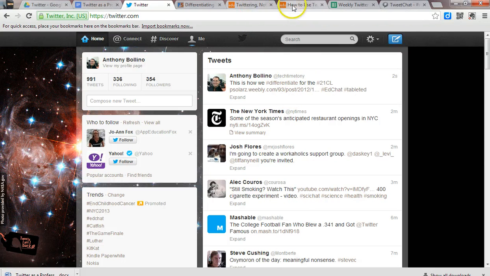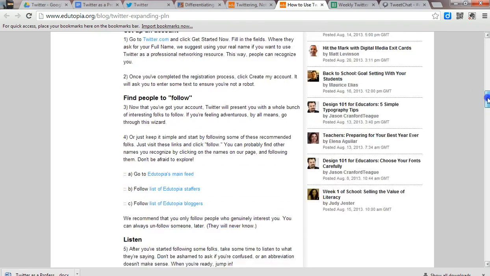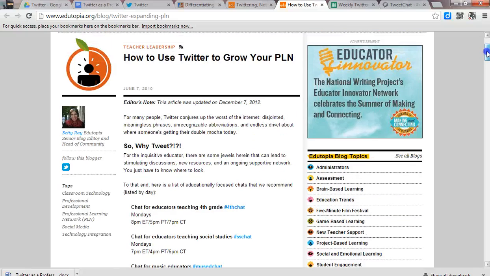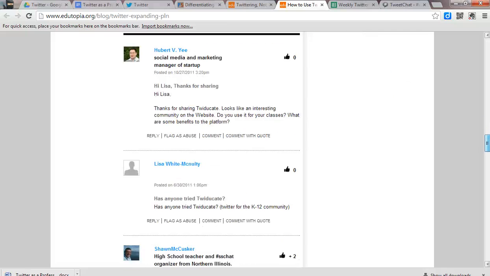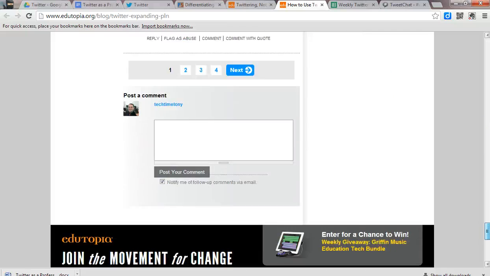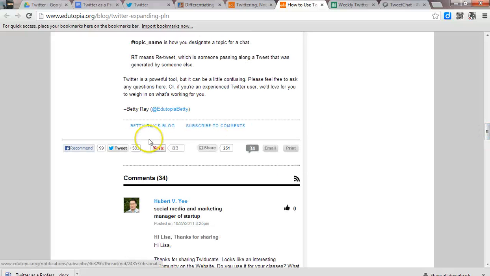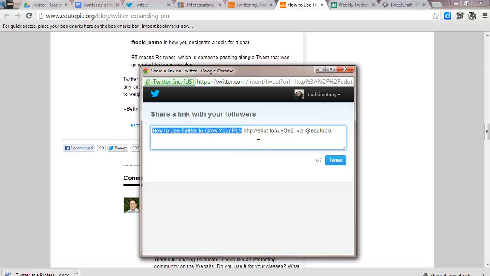Another way that I can tweet out an article is this article here on using Twitter and participating in a Twitter chat. At the very bottom of this particular article is a button that does say tweet. So if I click on the tweet button, notice that 533 people have already tweeted it. If I click on the tweet button, a window will pop up and it will pre-populate the